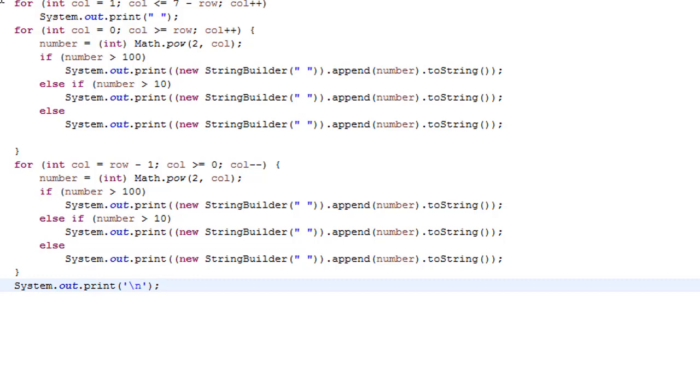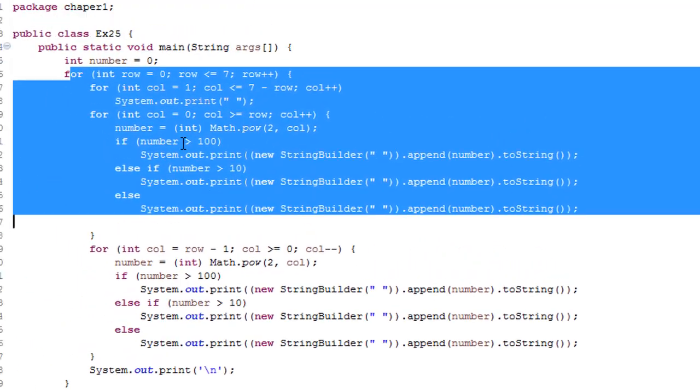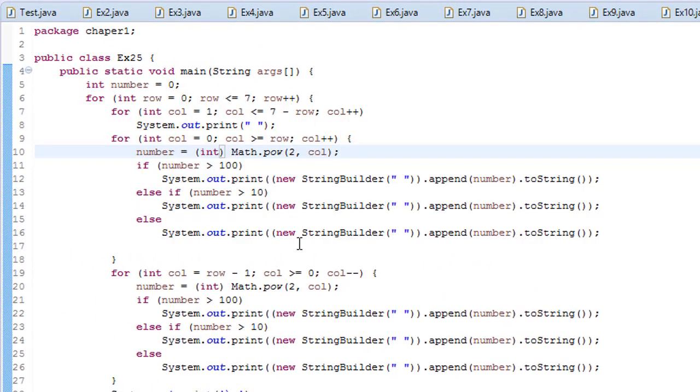Then you can see how we have played with this for loop, and this is how you can see for loops used in so many places in Java programming or in any other programming. You can just nest it and loop inside another loop. So if we run this program,